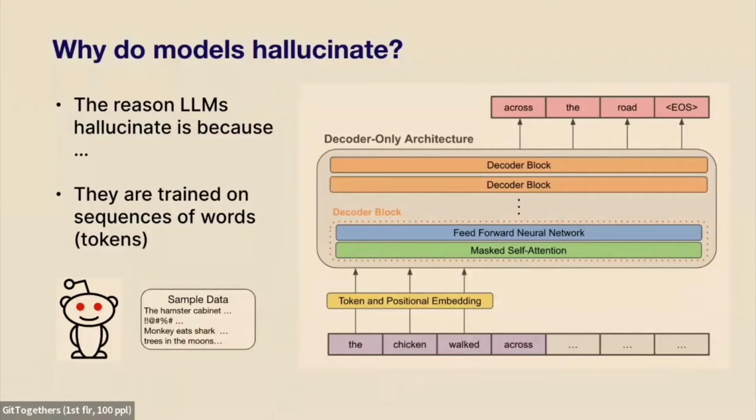And the reason why models hallucinate is because they're trained on sequences of words. And this is fine if you're expecting something like "the chicken walked across" and probably it's "the road." But also, you have to remember that LLMs are trained on a lot of other possibly garbage stuff, like think about all the weird stuff in Reddit. So you can get unusual